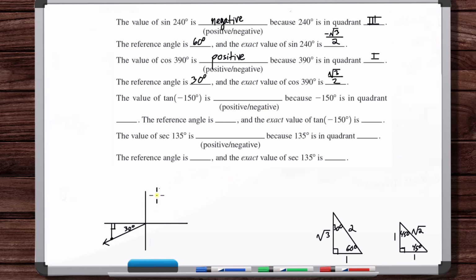Okay, and so the tangent, opposite over hypotenuse, or no, opposite over adjacent, that's going to be positive, because minus 150 degrees is in the third quadrant. The reference angle is 30 degrees, and the exact value is, so, okay, we need to put the leg length, so 2, and then the angle between, that connects the hypotenuse to the right angle, with 30 degrees in between the hypotenuse and the leg, that's root 3,